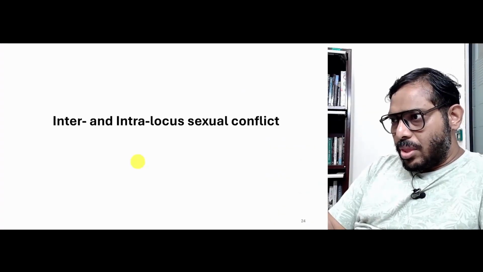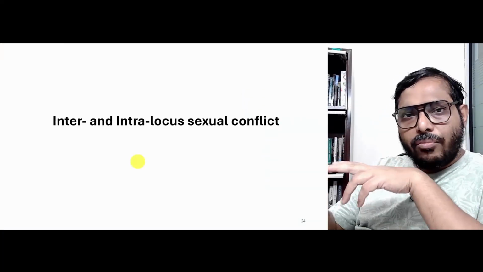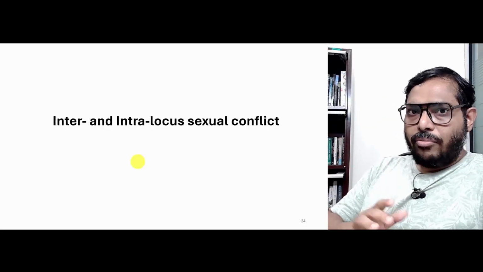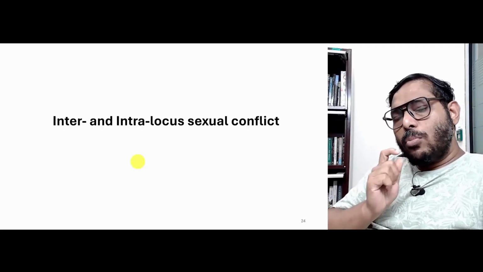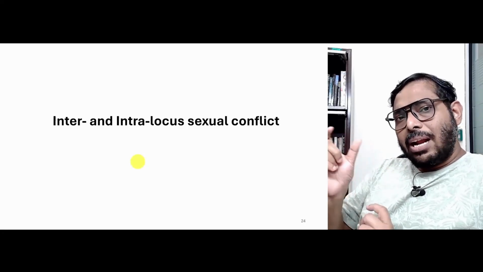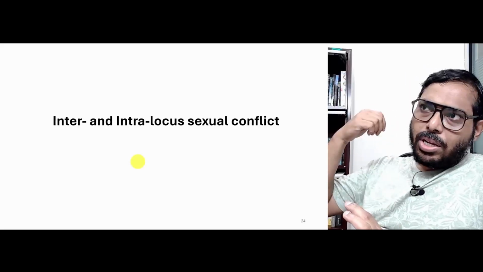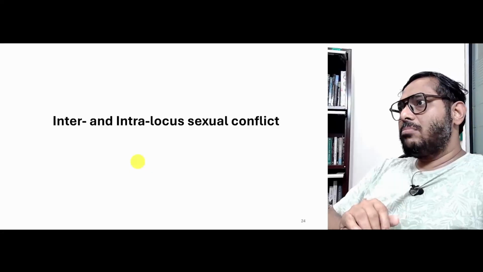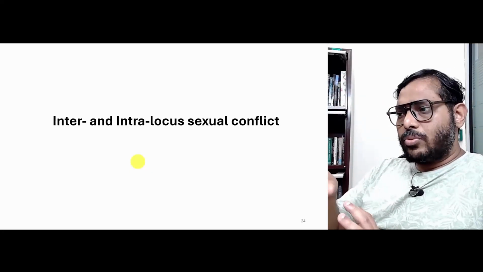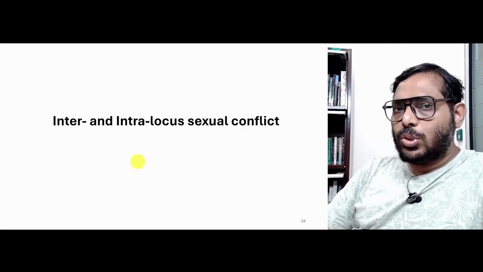Now, with this we will come to an end of killings or conflicts that are somehow amongst related individuals, relatives. There is one more kind of conflict which happens between males and females, a sexual conflict, and I should have probably included it in the previous week's discussion, but that discussion was anyway pretty long. So, that is why I have brought it over here in this context when I am dealing with other kinds of conflicts. So, these are known as inter and intra-locus sexual conflicts.